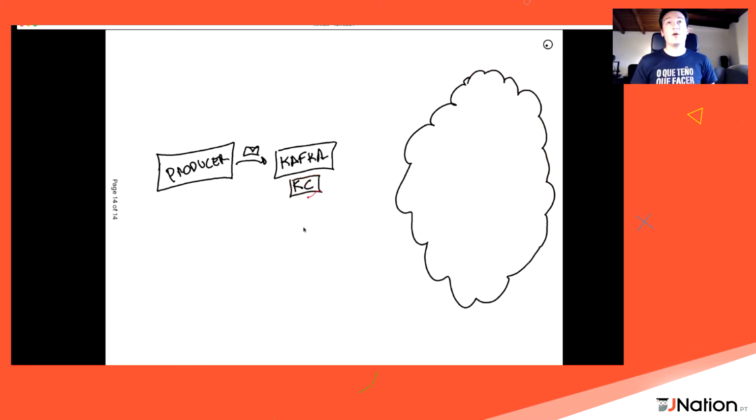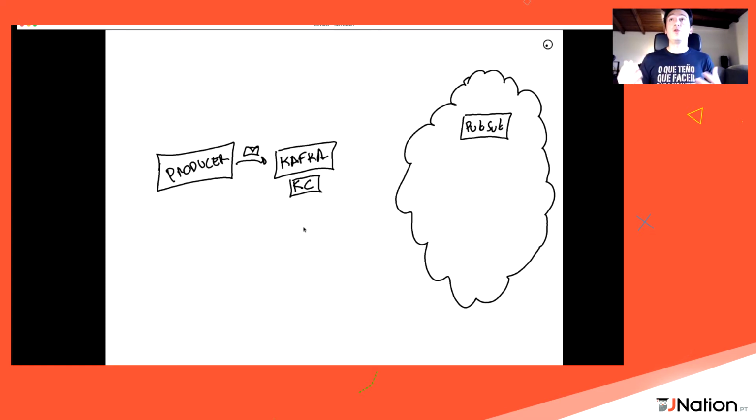But now Kafka Connect, instead of sending the information directly to the storage, is going to send it to a broker such as Kafka. For example, PubSub. PubSub is the equivalent service in Google Cloud. You may think of it as a Kafka version, but internally in Google Cloud it provides very similar features, okay?